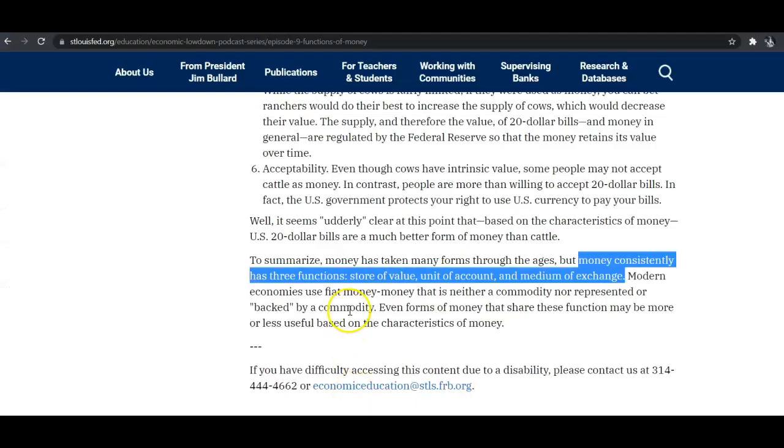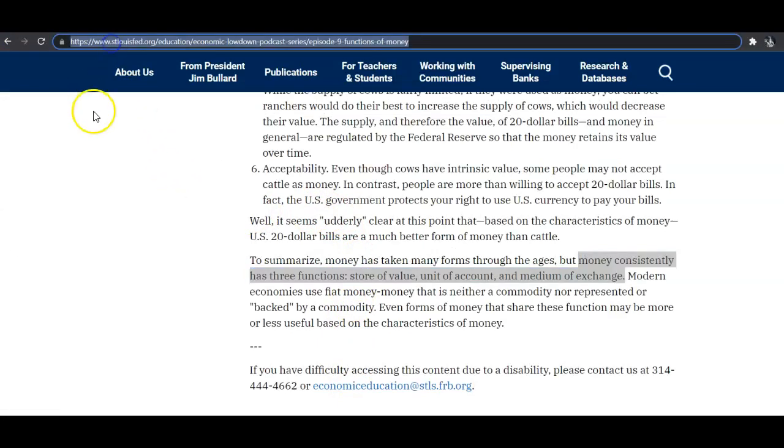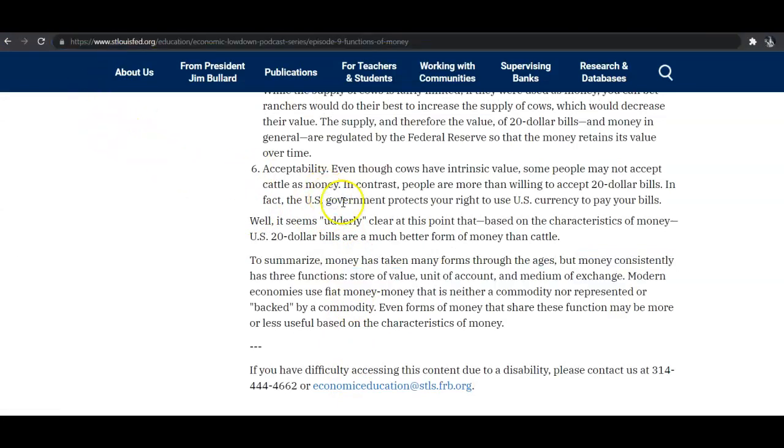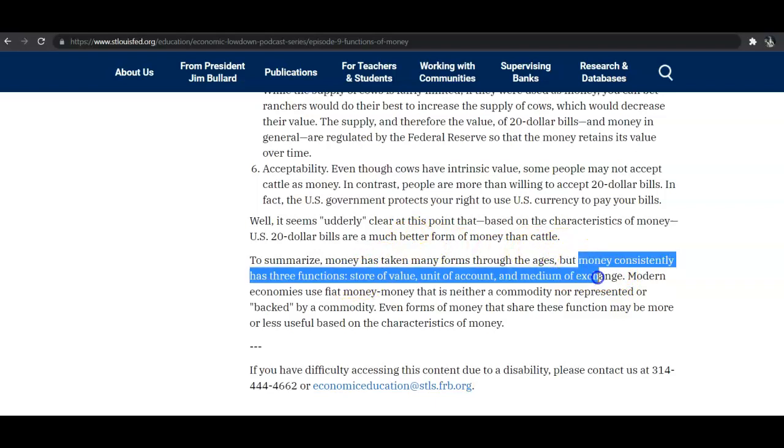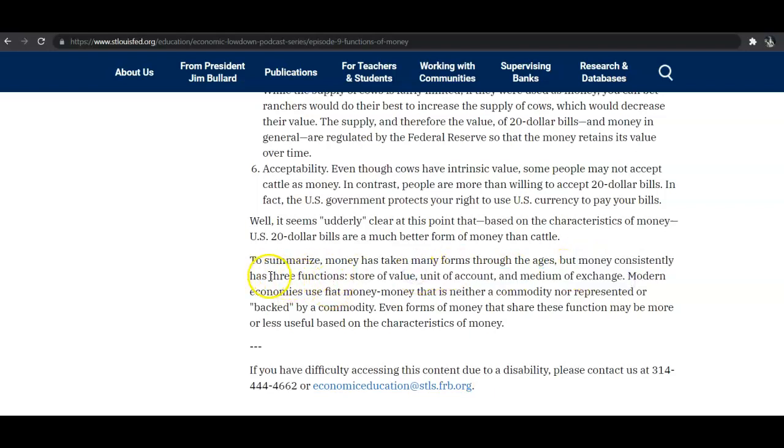So I'm going to start here. This is from the St. Louis Federal Reserve, which actually, for people familiar with Ripple, they'll know Greg Kidd, and he was the payments system analyst for the St. Louis Fed. So basically, there's three core functions.